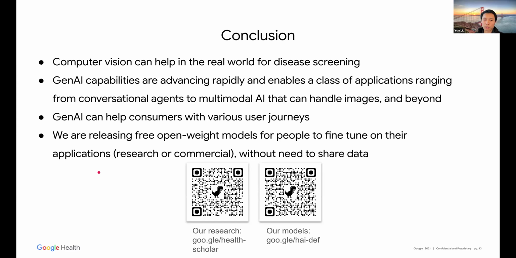Now, if you're interested in following our work, the left QR code goes to our Google Scholar page with all of the papers. There's about 300 of them, so don't rush to read them all. The right side QR code goes to the open models that Andrew and I were talking about, so feel free to check it out. So with that, I'll conclude the part of the talk. I'm happy to take any questions.